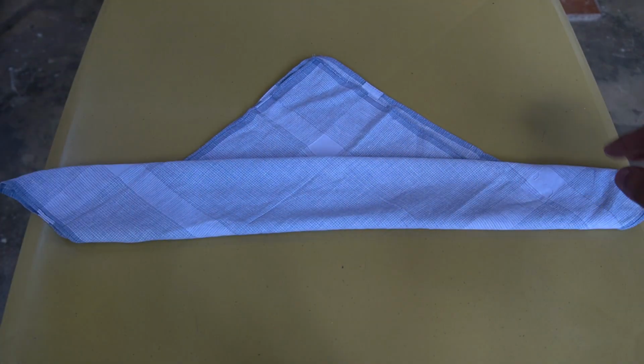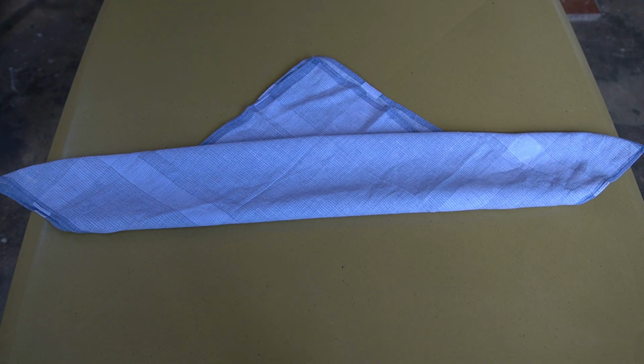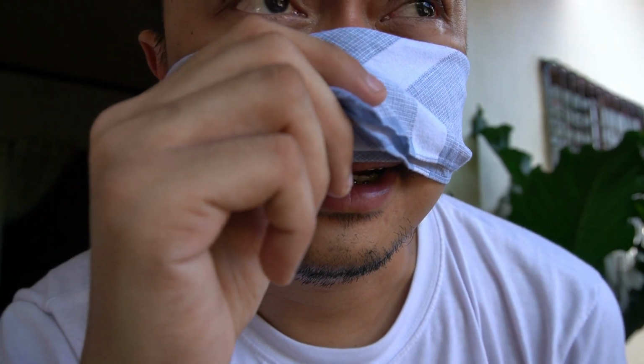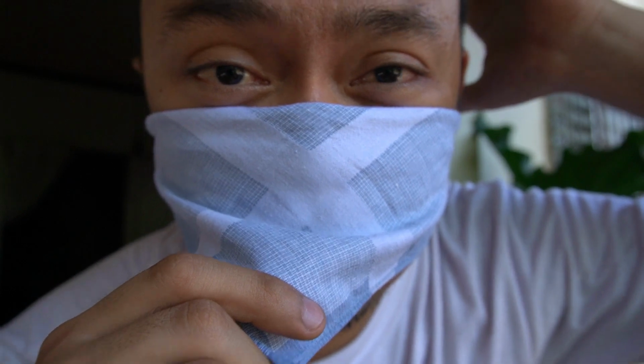and that's it. We place this directly to our nose and mouth, then knot these two ends at the back of your head. So this is the usual method. You place this on your nose, covering your mouth, then you tie this one at the back, but this is kinda difficult to manage because sometimes the knot will just loosen anytime and it's kinda tight,